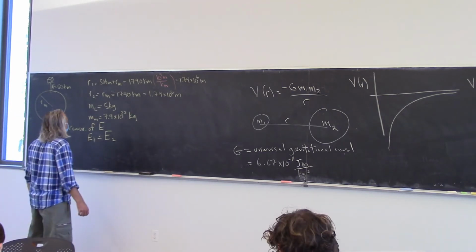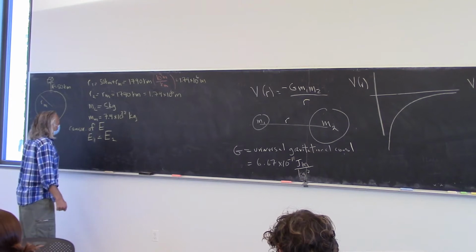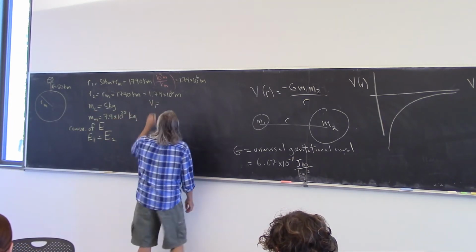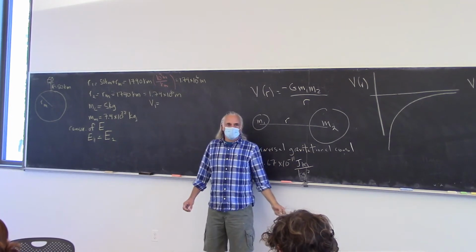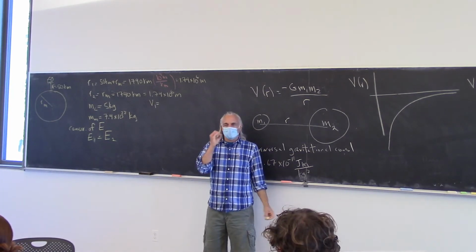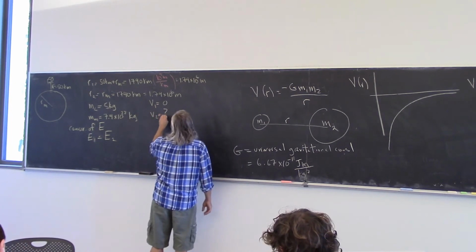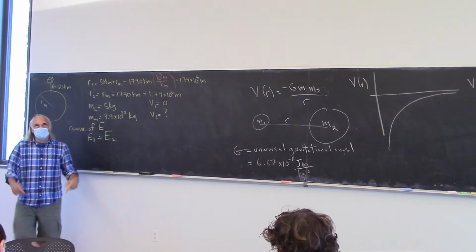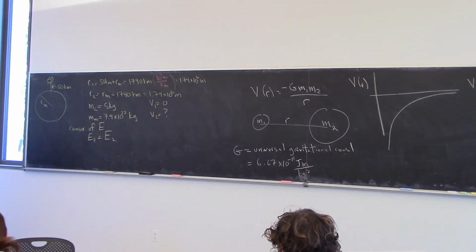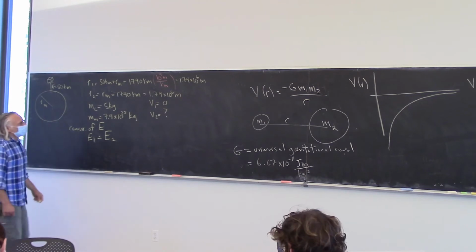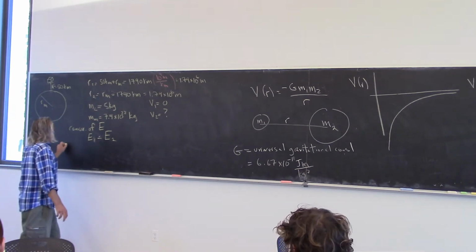So, let's see. Oh, and I should mention the initial speed of the T's is 0. And the speed of the T's when it hits the surface of the moon is what we're trying to figure out. Okay, so minus G